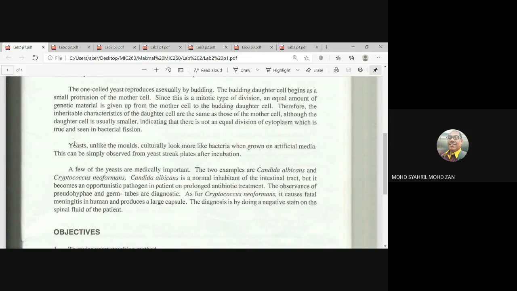So walaupun kita katakan yeast tu lebih kurang macam bakteria, tapi yeast ada juga ciri-ciri yang ada pada fungi. Contohnya adalah pseudohyphae. So bila kita tengok dalam eksperimen, kalau tengok dalam gambar-gambar yeast dan sebagainya, mesti ada pseudohyphae. So that's why kita kelaskan dia sebagai fungi. So yang kedua adalah